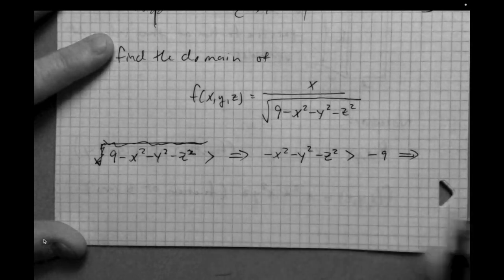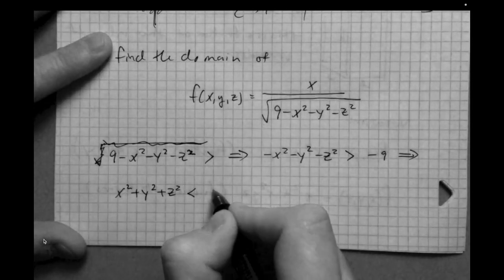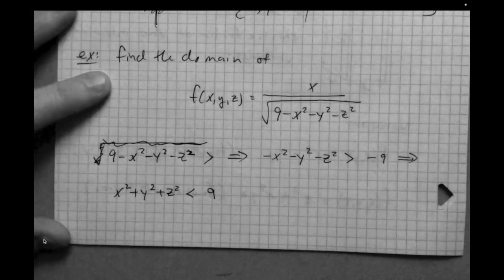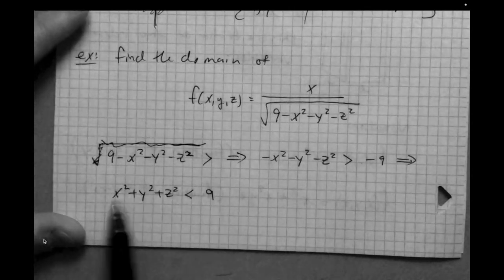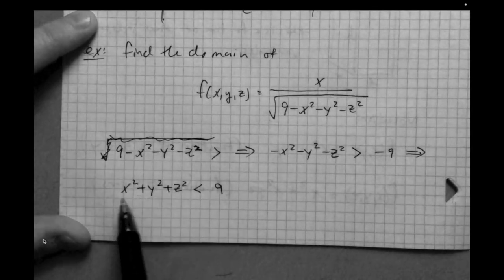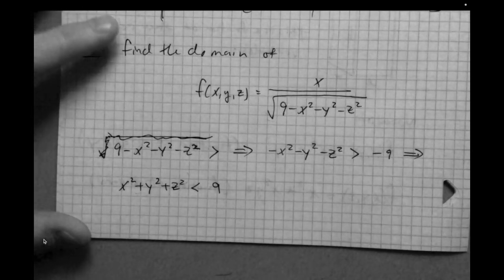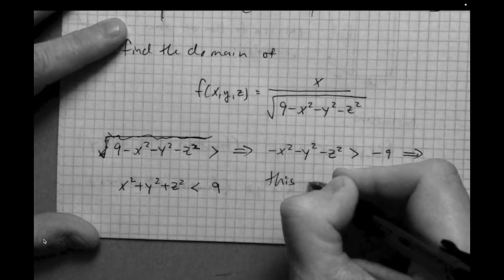And then we can reverse the inequality and divide everything by negative 1, right? So x squared plus y squared plus z squared needs to be less than 9. So in this case, what is this alluding to? We see that x squared plus y squared equals 9 was alluding to a circle centered at the origin with radius 3. Well, this is alluding to a sphere centered at the origin with radius 3. All right, so this is the sphere